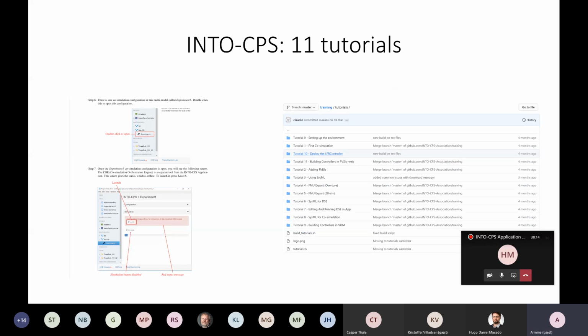On the right side, we see several tutorials, and on the left side, we can see that the tutorials consist of several steps, so the students can achieve certain features.